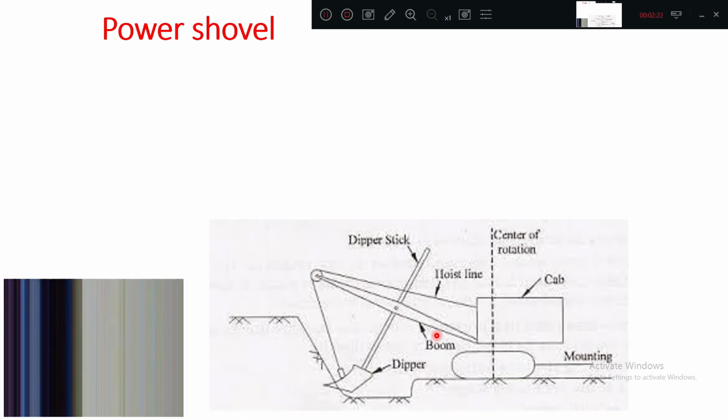Okay, hydraulic power. So this is the rotation axis. This is called as rotation axis in a horizontal plane, and from this line it may work in a vertical plane like this. Okay, so it will take the earth, it will dump on the vehicle. So this is called as a dipper stick. This is called as boom. Boom is rotating. Okay, so this is dipper and this is called as mounting, maybe tire mounted or crawler mounted. This is called as cab. Cab means wherever the operator person or buttons are situated.